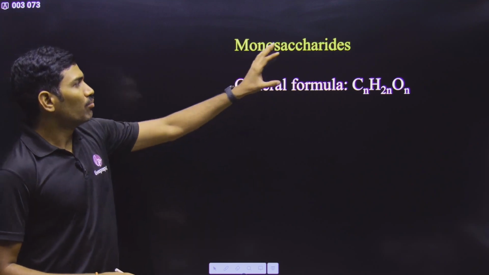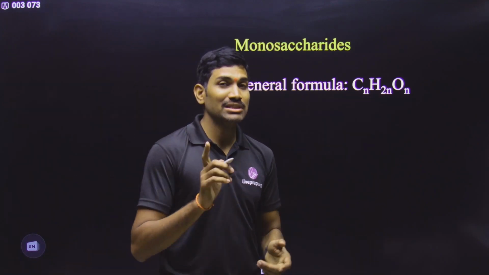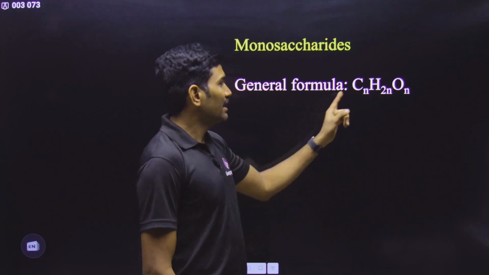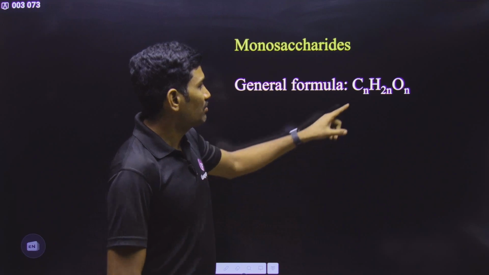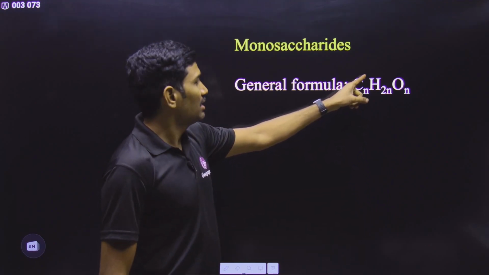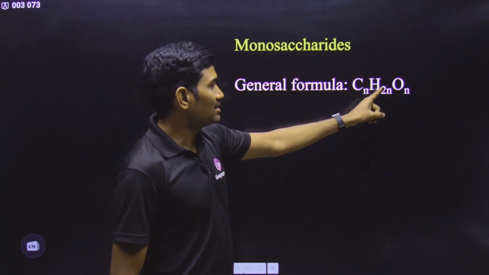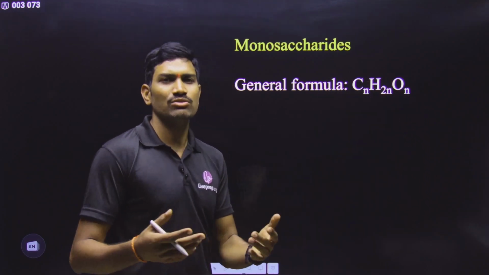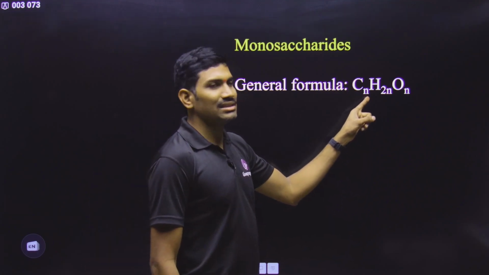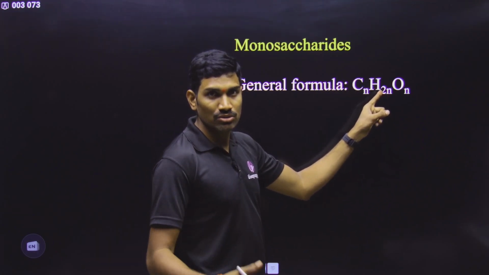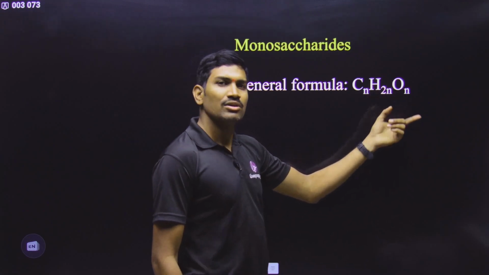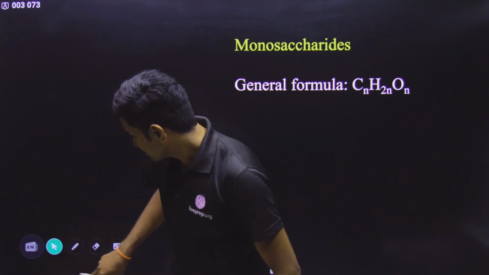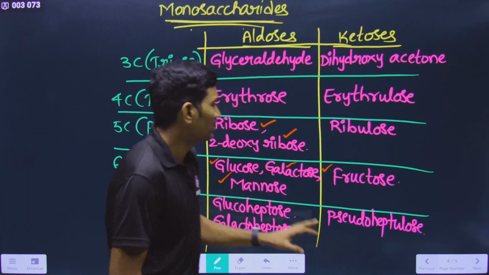Now we will go with this. Monosaccharides. Majority, please remember, not all. Majority of the monosaccharides will follow this particular formula. And here what is this n value? Number of carbons. Suppose it is 3 carbon: C3, H 2 into 3 means 6, H6, O3. So C3H6O3. So in this way you can use it. Suppose it is for glucose: C6H12, 2 into 6 is 12, right? So H12 O6. So it is following. In this way majority of these are following this particular formula. Yes or no?